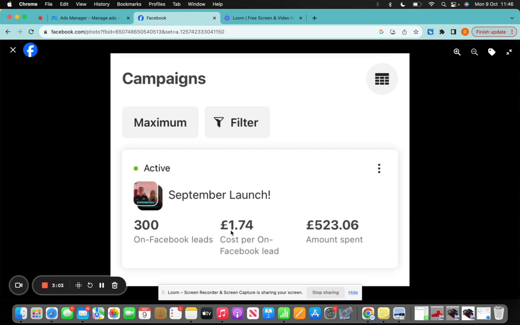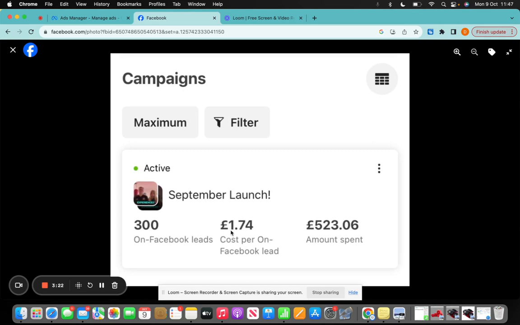So don't stop your campaign that's getting £3 leads because you are bored, or you want to do something, or you want to make changes because you just think that by making changes, you're actually working and doing something. You don't need to. If it's working, just leave it alone. The work has been done. Let Facebook do its thing.